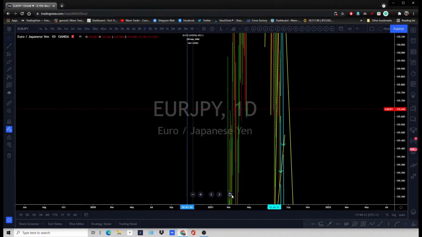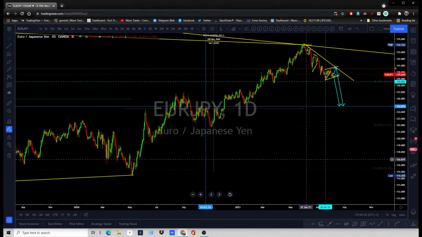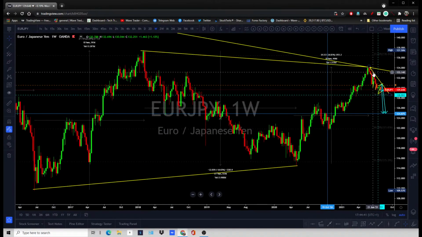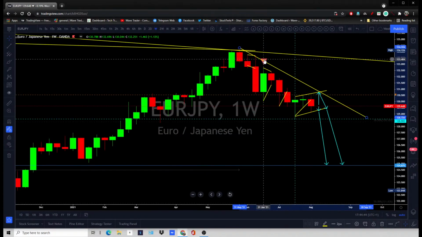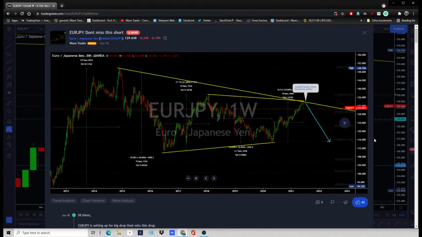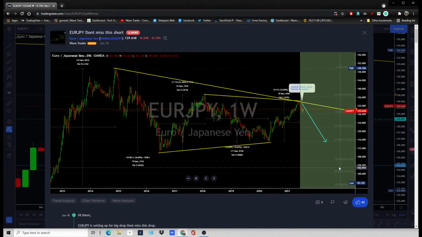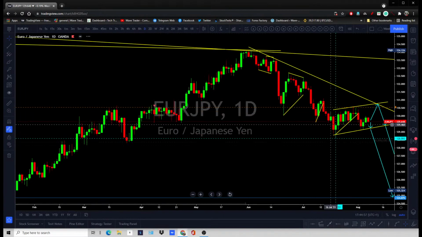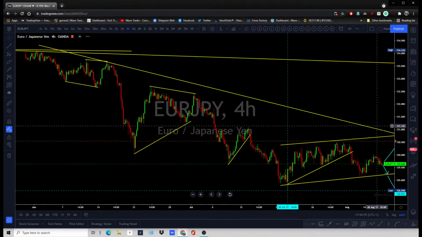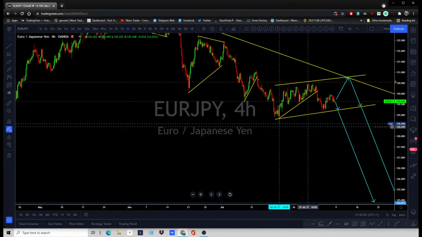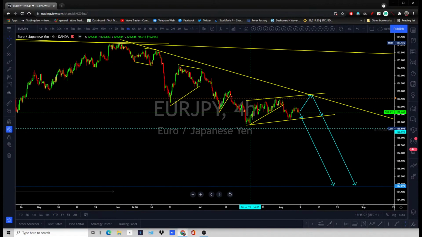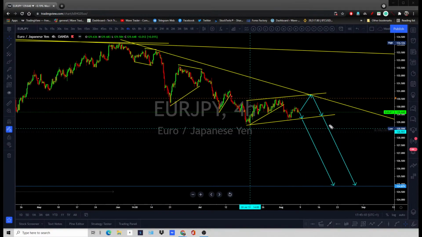Okay, so we got euro yen now. Still got a lot of potential on this. Let me look at this. So, big structure. Price is dropping, but this is a weekly time frame chart, so slow move, we can say. If I look at a lower time frame, let's just look at this 4-hour time frame, and then I'm going to explain it on the lower time frame.